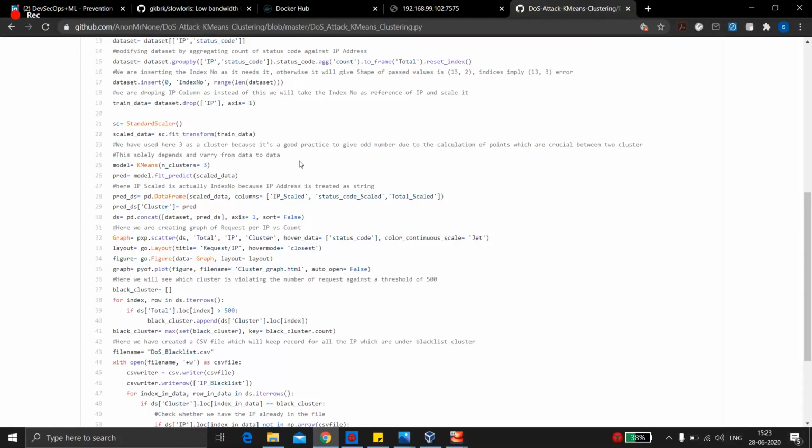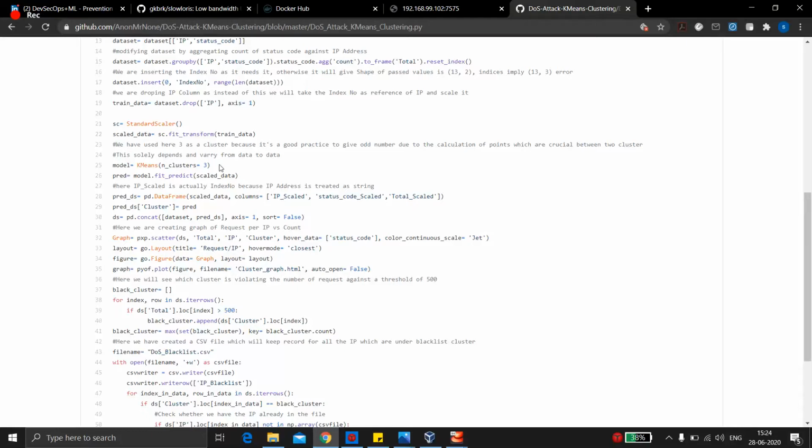So for that we need to use this scaling part, and we have used 3 clusters only. In the market there are many blogs telling why to use 3 or what number to use.